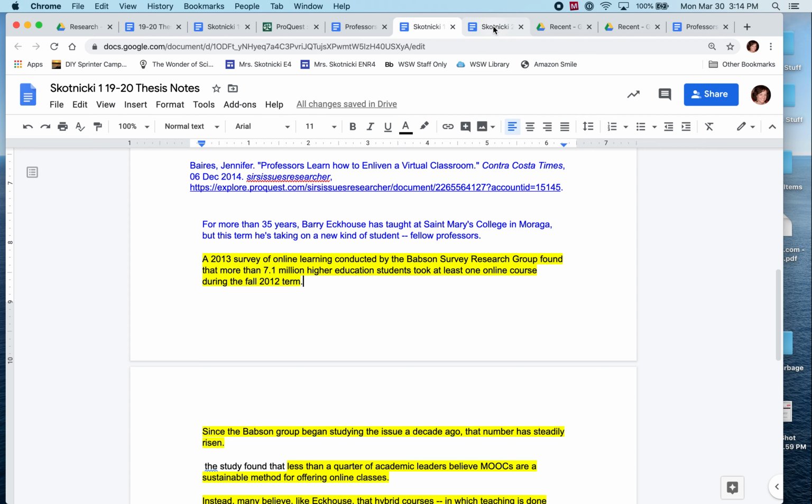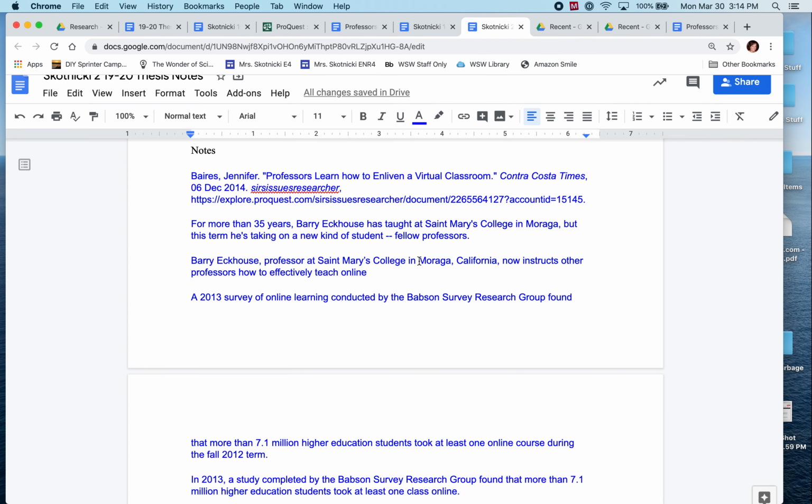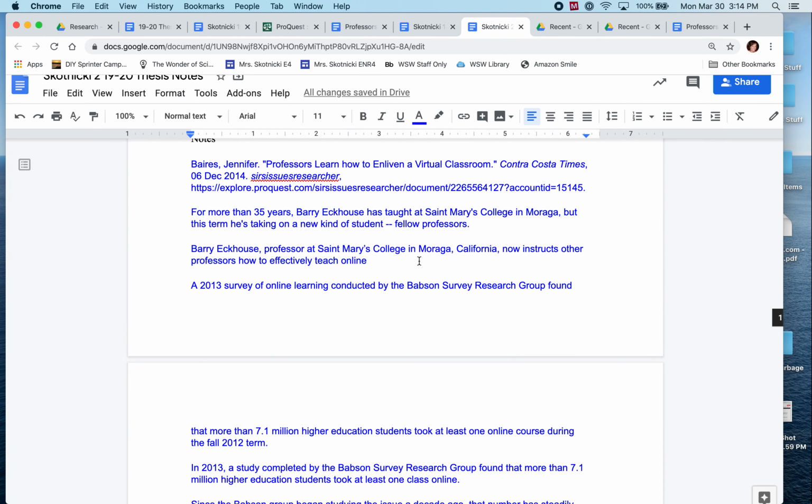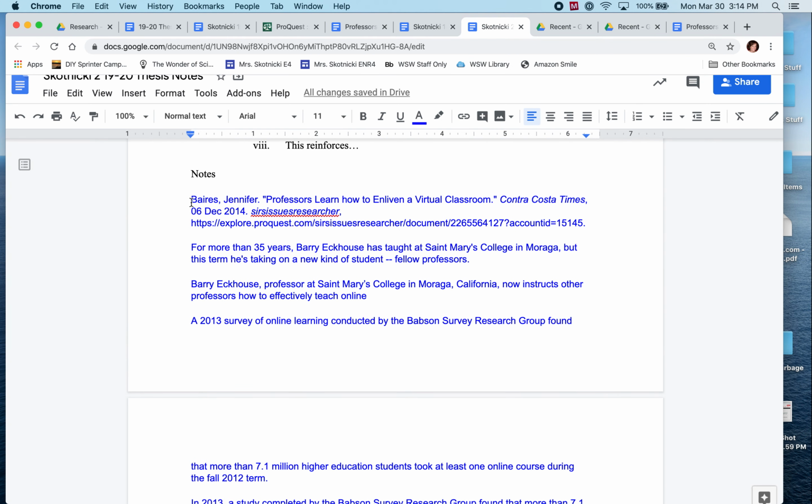All right, I'm jumping ahead a couple steps, and so I've gone through and I have changed the color of all my highlights. See again my citation up here, and then here is the first sentence. For more than 30, or rather my first bullet is probably a better way of describing that. So then